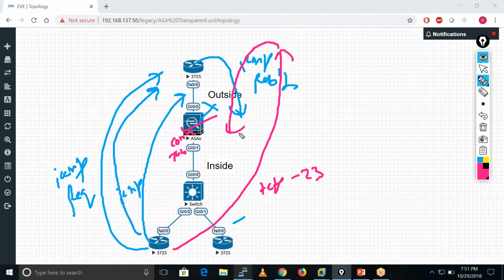So it checks the connection table and just allows this traffic, because ICMP is a connectionless protocol. So this firewall does not have any connection in the connection table, that's why. If we are going to allow the ICMP, we need to open an ACL, right, to bypass that security level check.